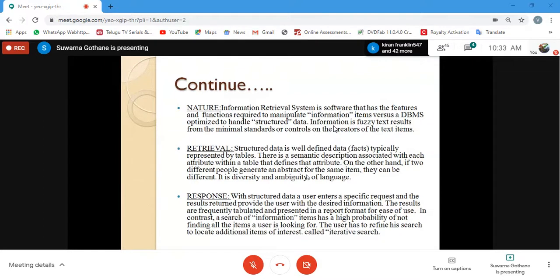While generating the abstract or summary, suppose there are 10 to 100 pages of a document, and one expert produces the summary in his own terms. That varies from another person who is creating the summary.